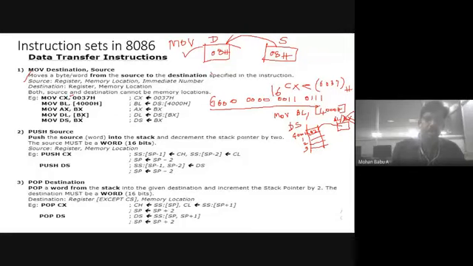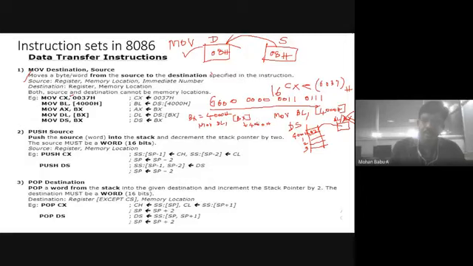Similarly, MOV DL, [BX]. What does that mean? So, for example, I consider BX as 4000. If I mention it inside the square bracket, it means the data in that address. Okay, I consider BX as 4000. It is a random number, a virtual address. If I mention MOV DL, [BX], then here BX is 4000.